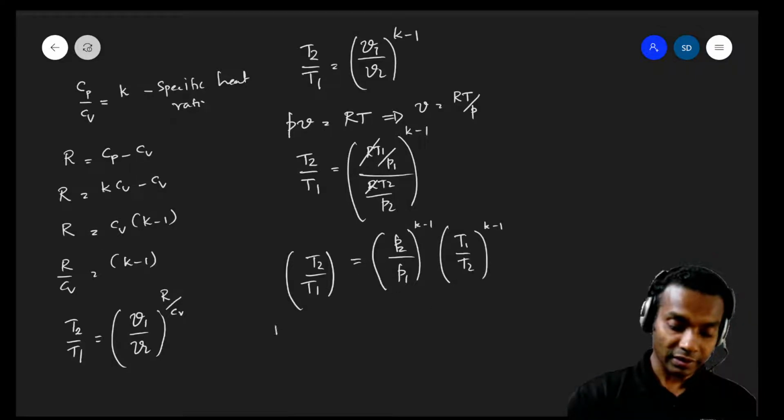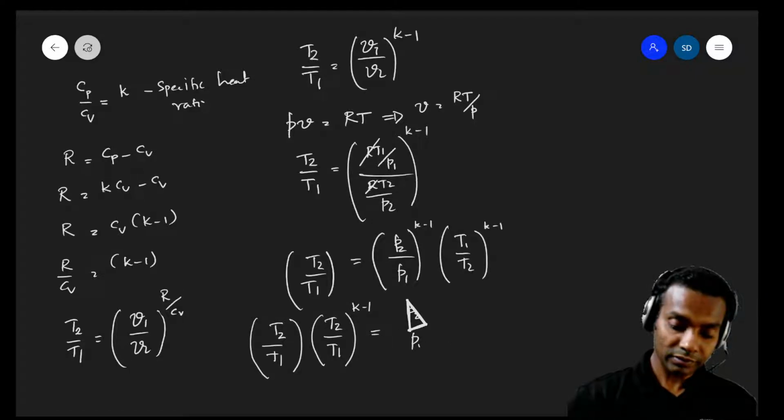In that case, I get T2 over T1 times T2 over T1 to the power K minus 1, right, equals P2 over P1 to the power K minus 1. So when you add up the indices, or the powers of the same base, right, the exponents of the same base, you get